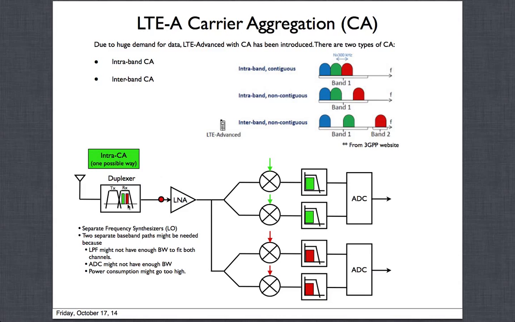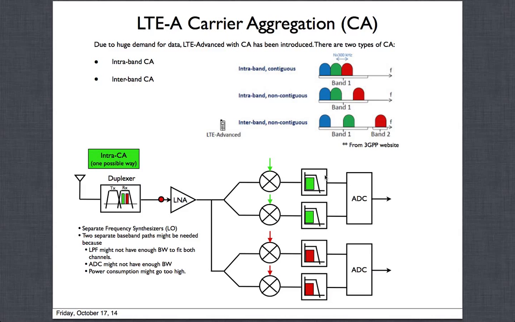Now you might also think, hey, why do we need two chains? Why don't we just pass the green and red together? We put an LO somewhere in between the green and red and do that. You can do that too, where you can avoid completely the other chain. But what it does is, most of the time, based on how far they are, it would put a lot of stress. It will require a single synthesizer, but it will put more stress on the filtering because the filter has to be wider.